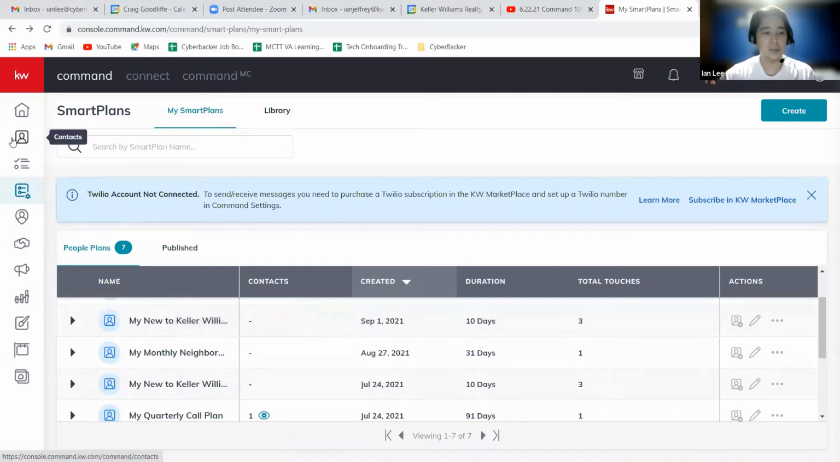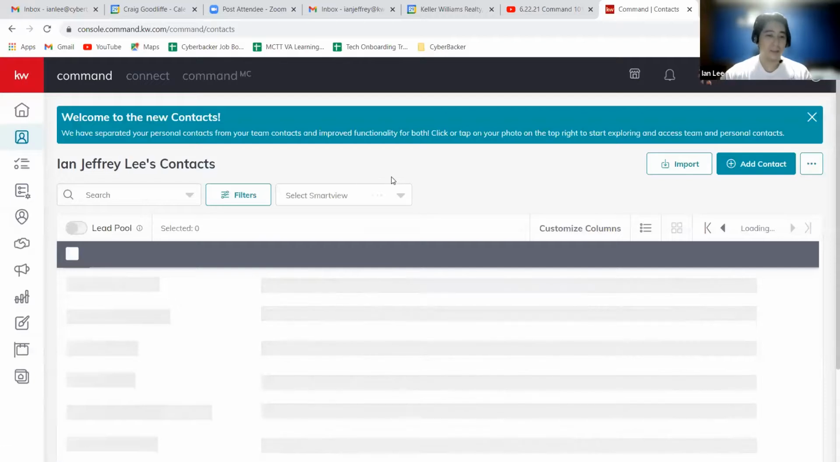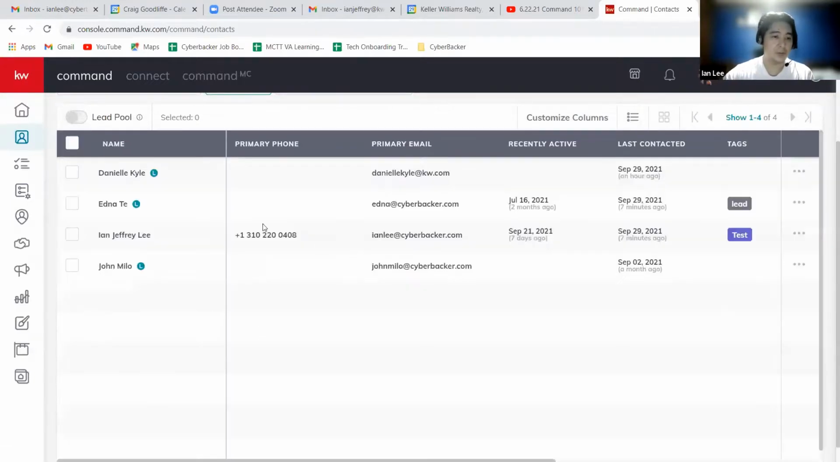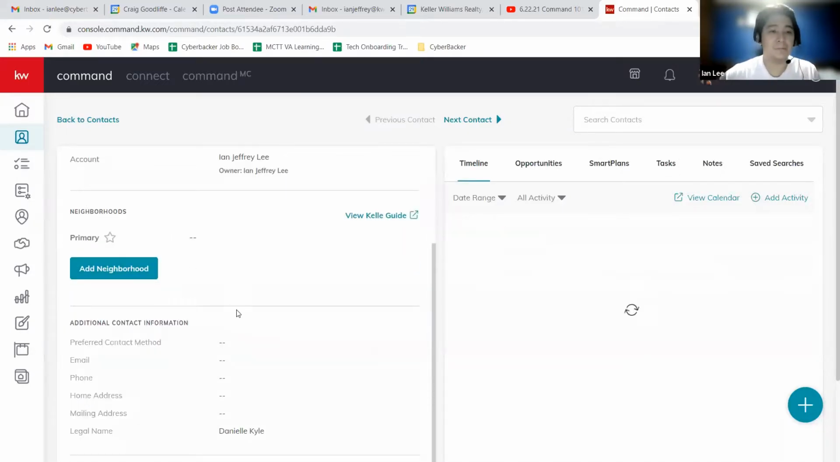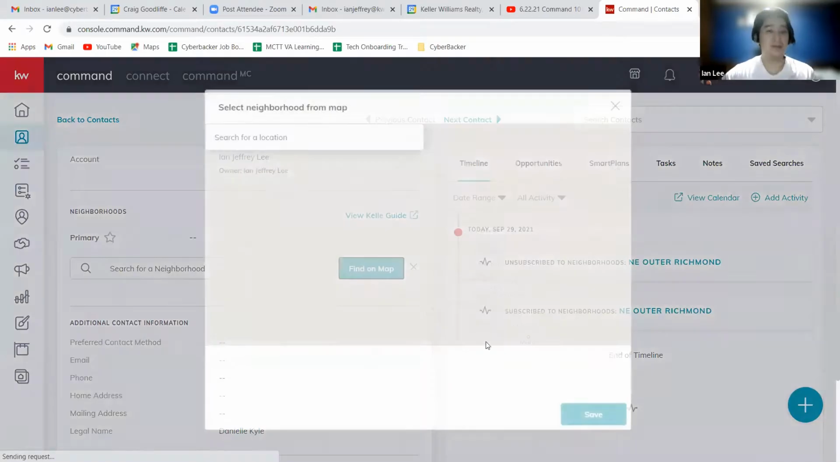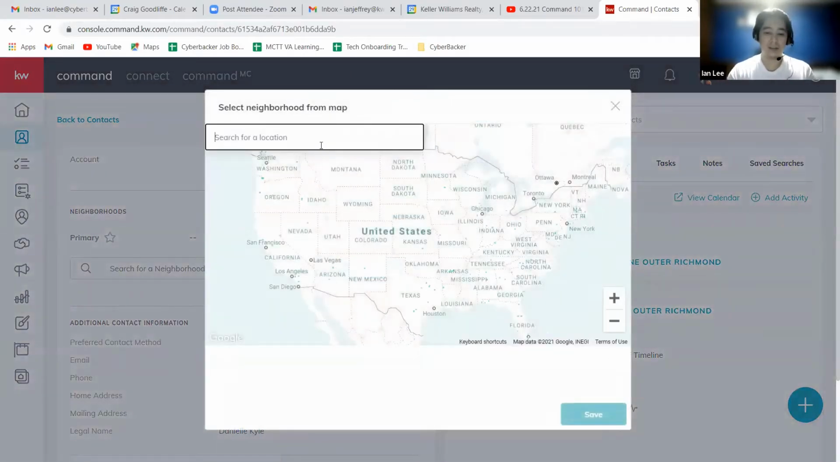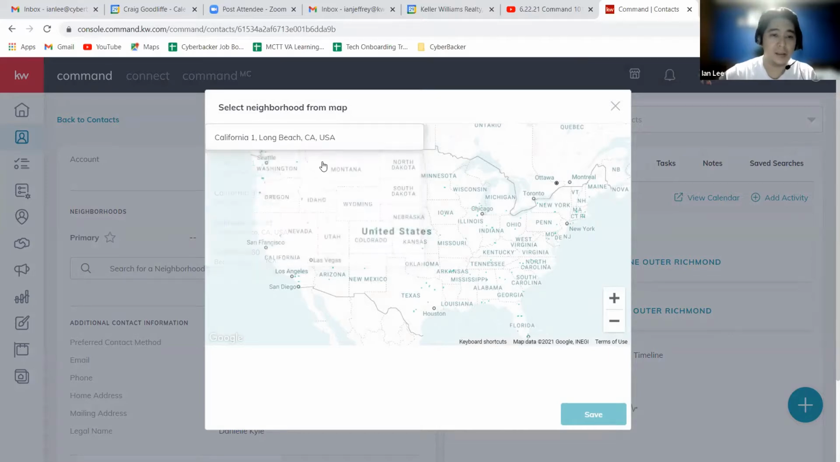So you just need to click on contacts, and then let's say I'm going to choose Danny, and it shows here that she's already enrolled into a contact. So I'll remove this, and what I'll do is I'll click on add neighborhood, find on map, and let's say since she is from California, I'll choose any of these,